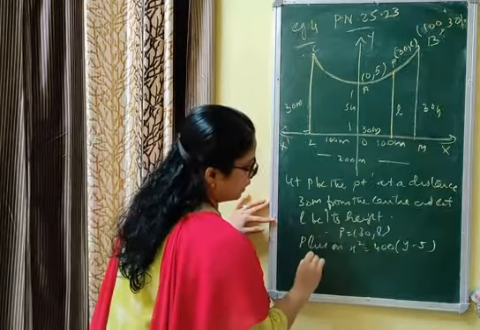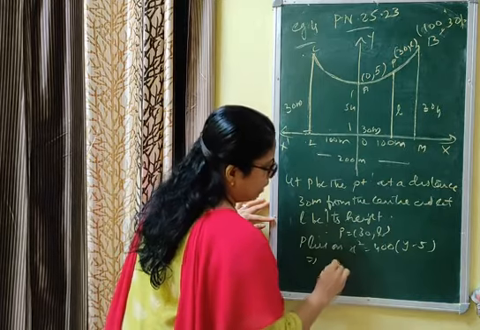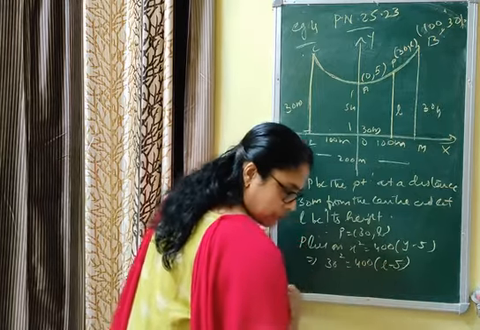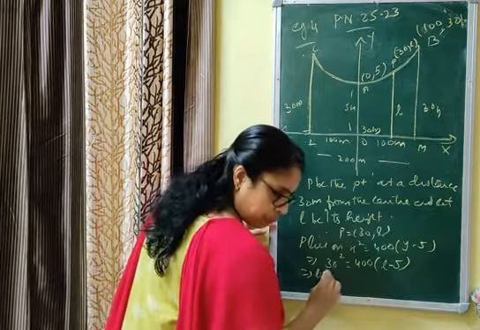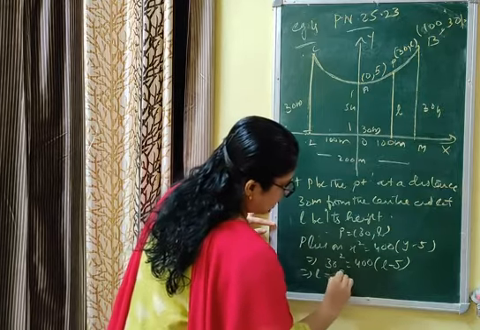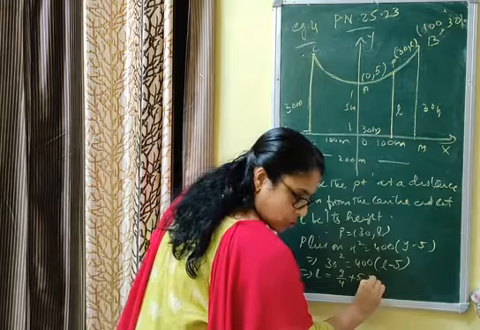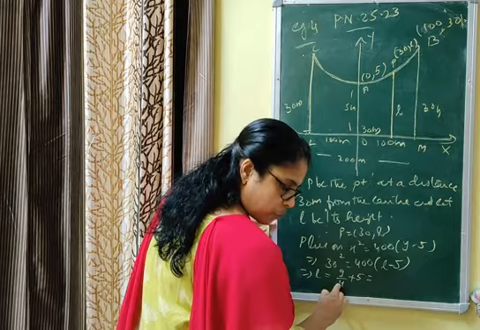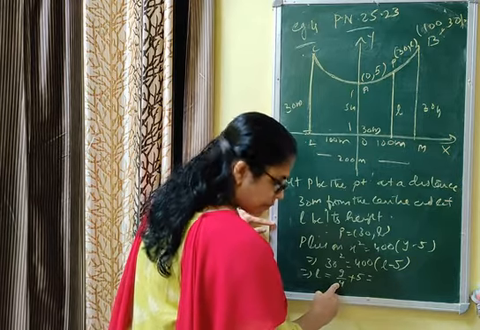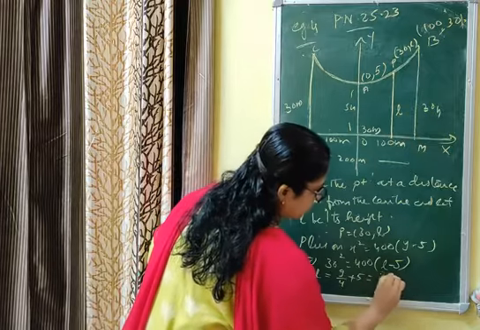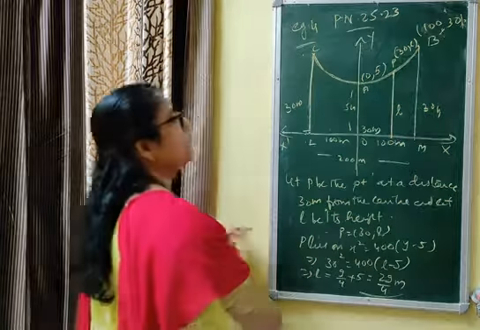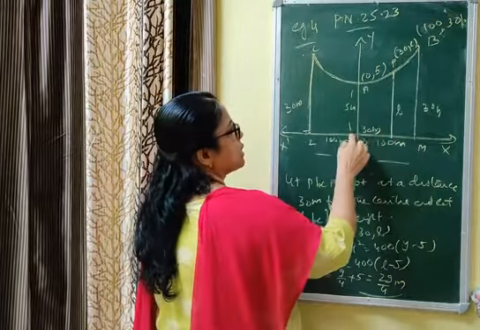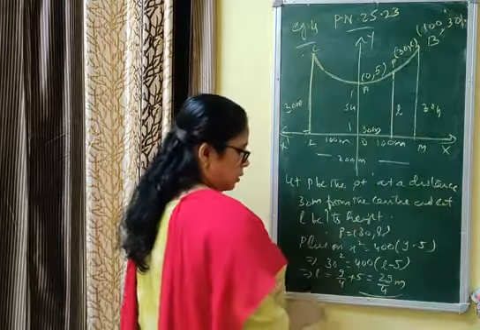By replacing x by 30 and y by L, that is 30 square is equal to 400 into L minus 5. Implies L is equal to 900 by 400, that is 9 by 4 plus 5. By taking LCM, that is 20 plus 9, that is 29 by 4 meter. That is the required length of the vertical pole which is at a distance of 30 meter from the center, 29 by 4 meter.